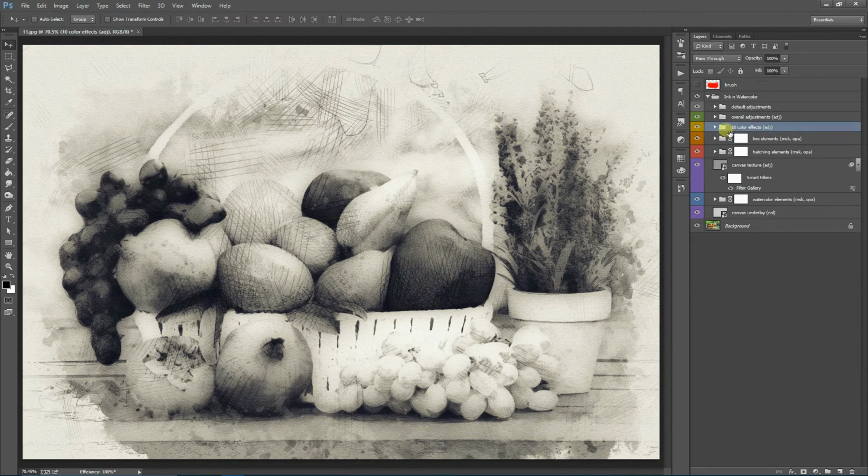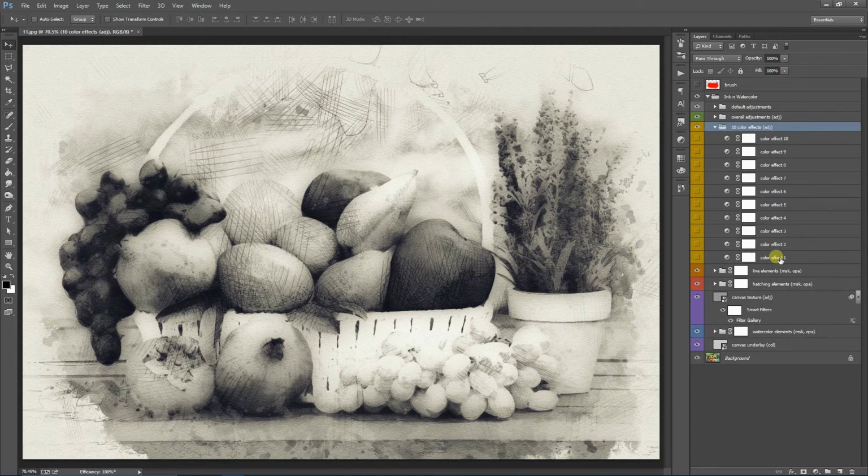This is the 10 color effects. You got 10 quick color change styles contained in this group. Just let me change this gradient map so that we can understand the effects properly. The color effect 1, 2,